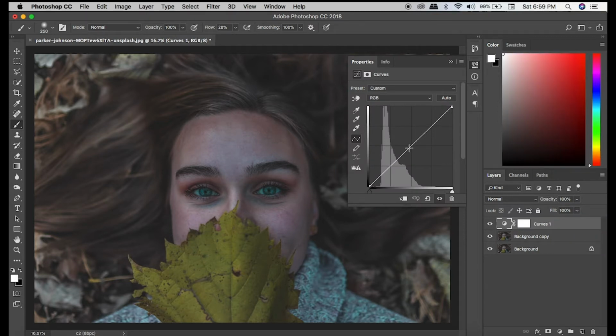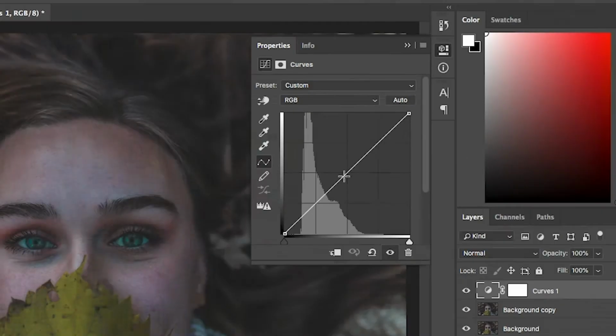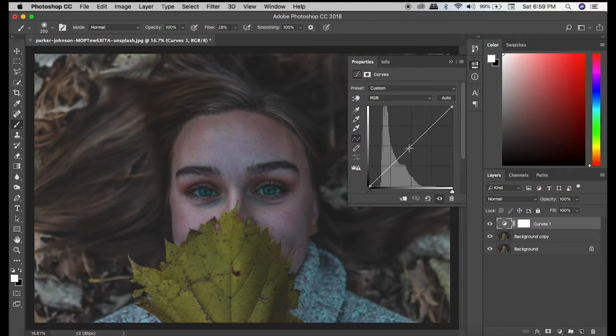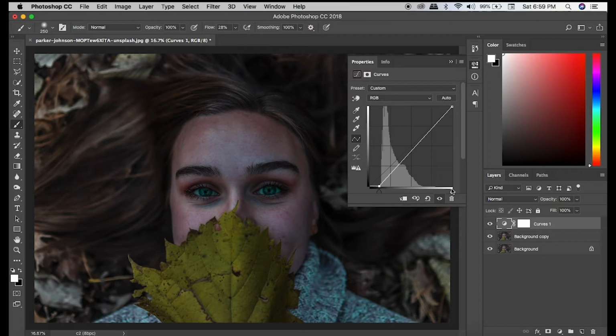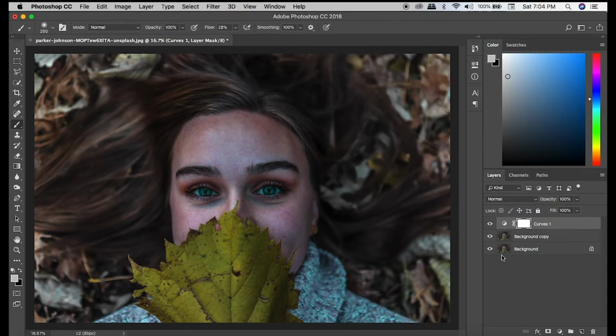If you look closely at the histogram of the image, you will notice this and this portion doesn't have any information. We will move this slider to a position where it will cover only the informative area. There we go. It already created a contrast in our image. You might have heard about the S-curve. Let me show you what that means.